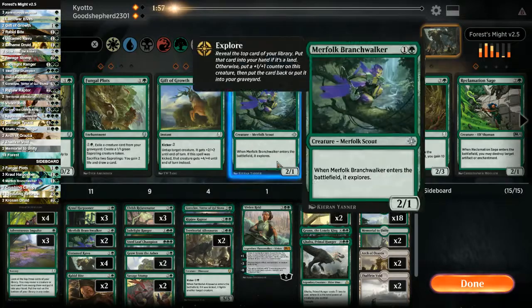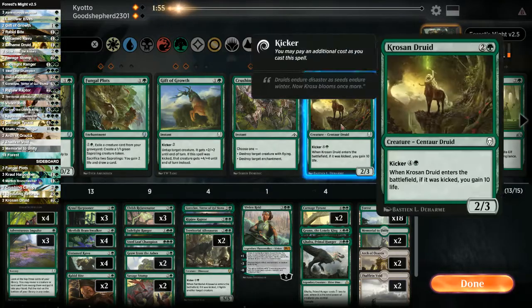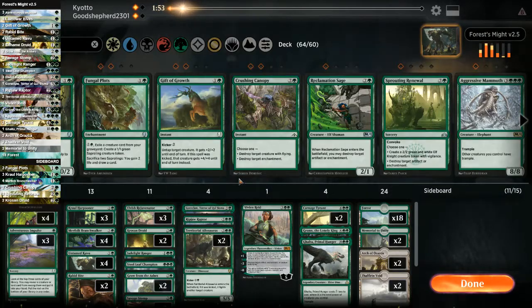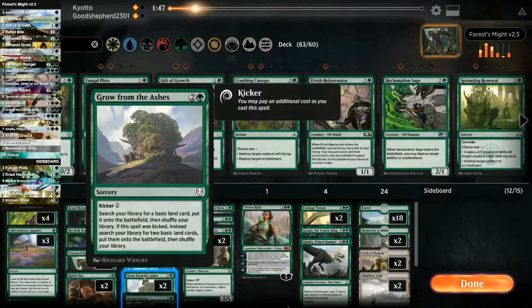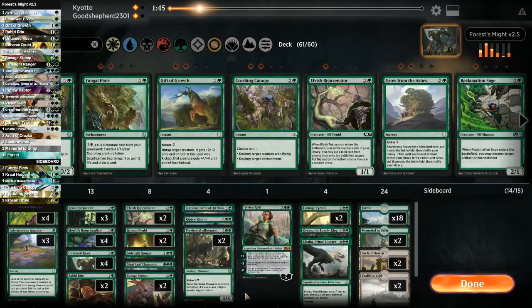So let's put in the other Branch Walkers and the Crows and Druids. So let's dump the Elvish Rejuvenator. No, let's dump one Rejuvenator. Let's dump the Growth from the Ashes. And let's cut...